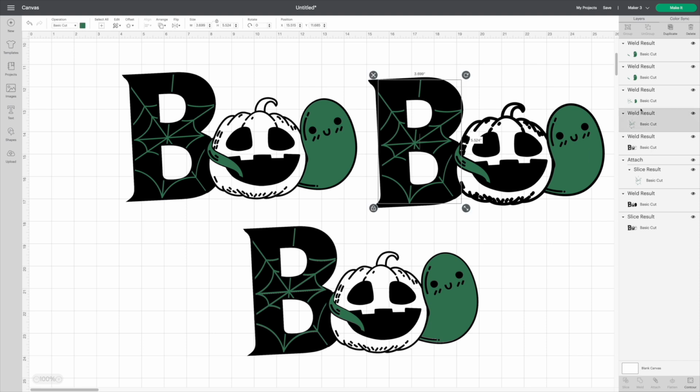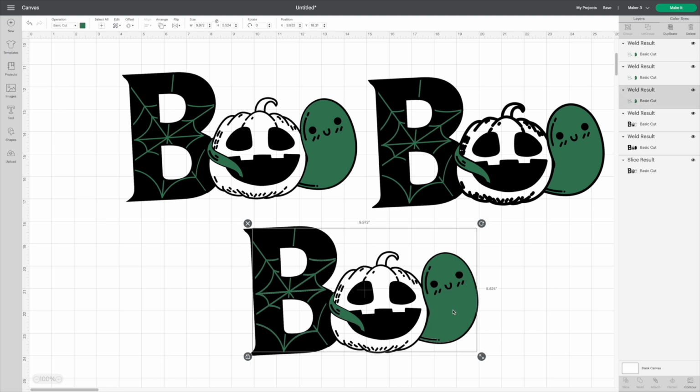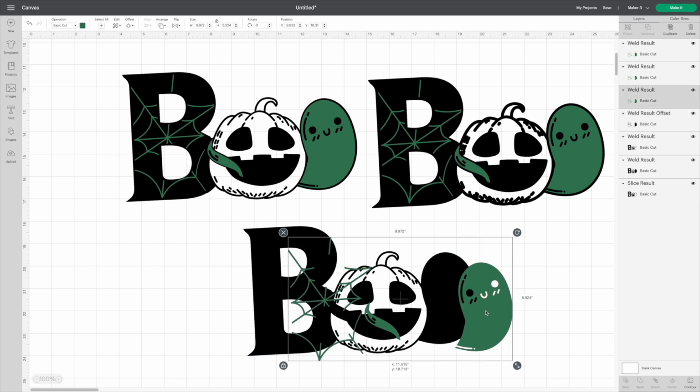Now, our spider web, we're going to weld it. Perfect. And weld that together. Okay, so now for this set, we're going to do the opposite. And that is where we're going to outline the green. So that way the black layers over the top. Why we would do this method is if you want to make sure your outline looks perfect. This really kind of helps, and then it doesn't lose any of the detail within the pumpkin. So when we move that out of the way,